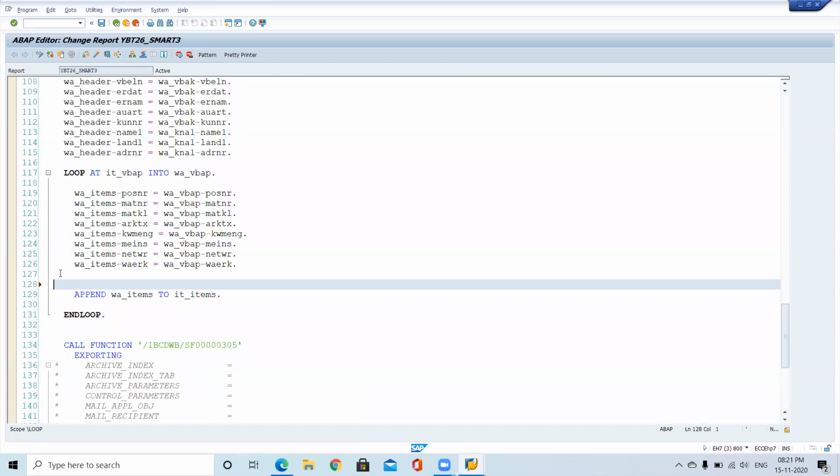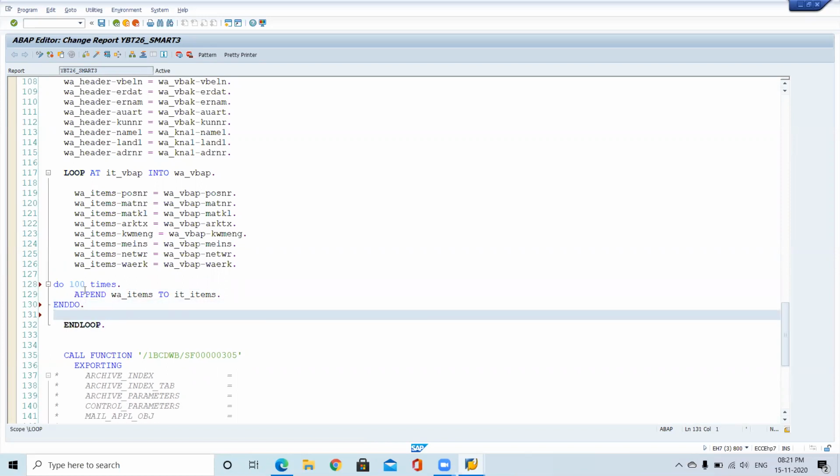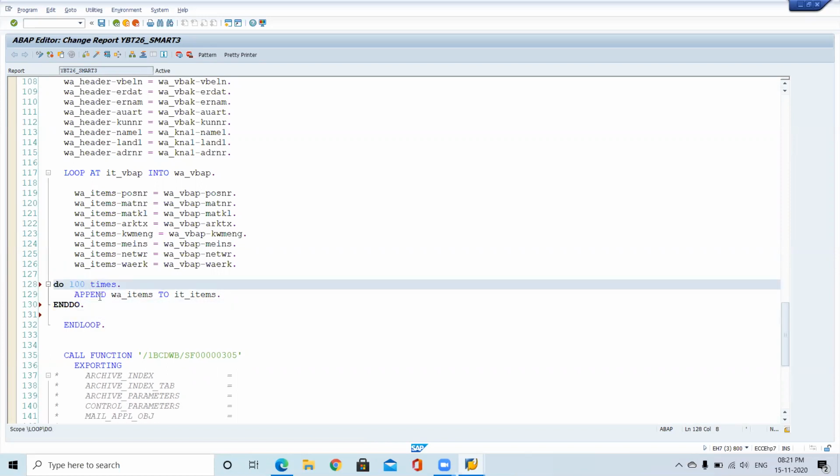I'm appending 100 times. Total 3 items are there, and for each item it will add 100 times, so 300 lines it will add.